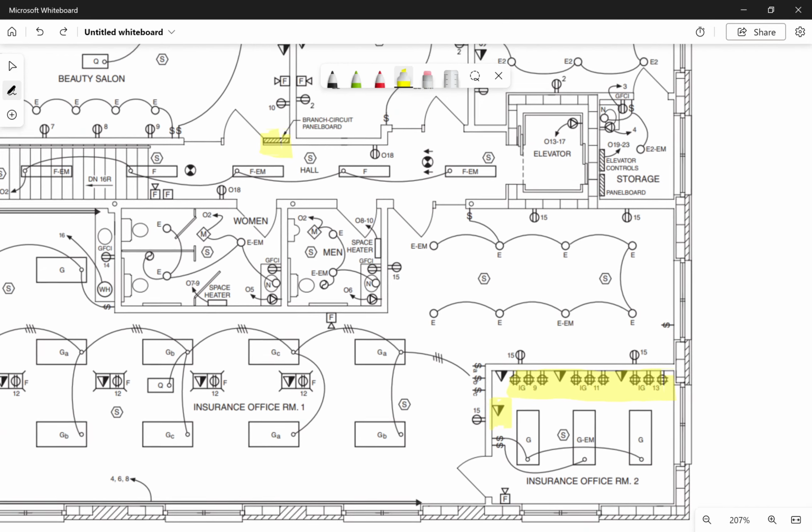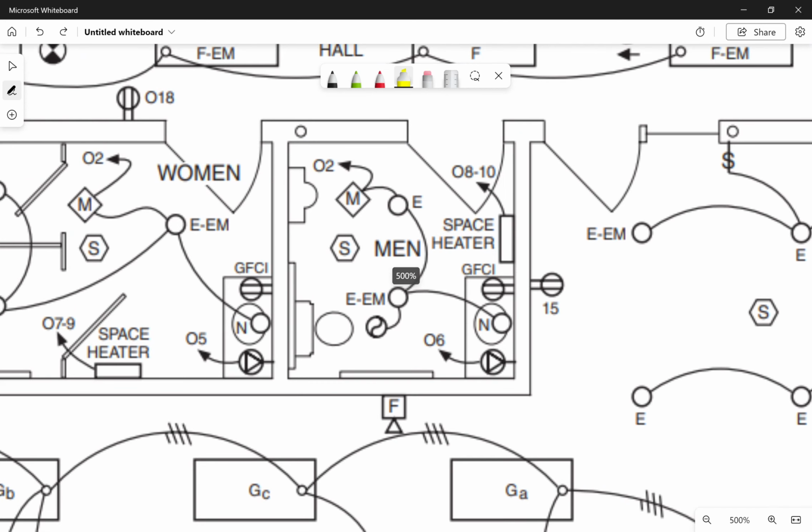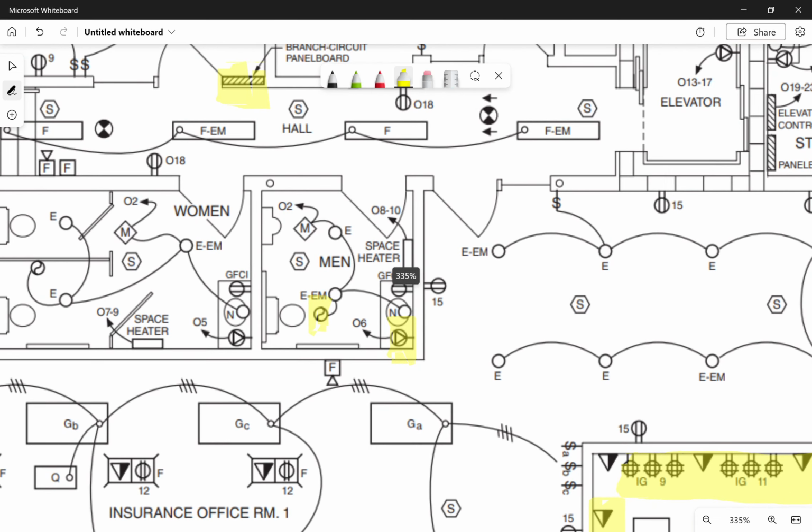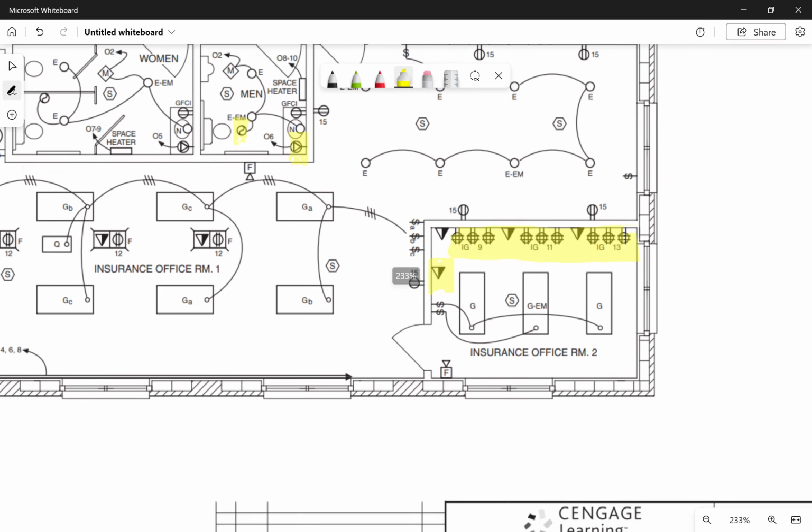A few more symbols that are on here. This symbol is representing a fan in this case. We have a special purpose outlet here. It doesn't tell us what it is, just that it goes to owner number 6. That would be specified somewhere, exactly what that special outlet is doing. Let's move on to our